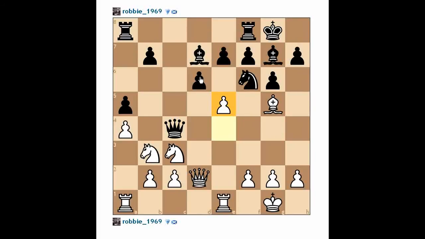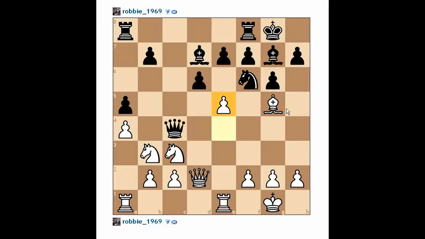Of course, if the pawn ever tries to take, then we simply take this knight off, black is forced to recapture, and we get a free bishop. Just let me show you. If that ever happened, then this, and we have a free bishop. So if I can just go back,